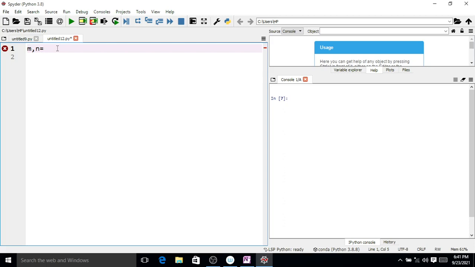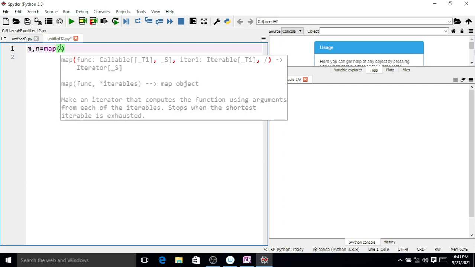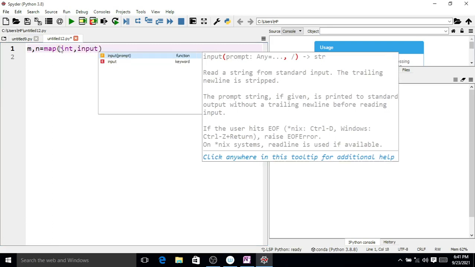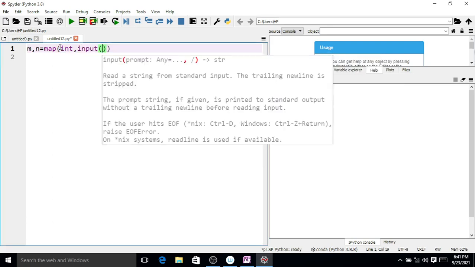So m, n is equal to map int input, enter rows and columns of first matrix dot split.